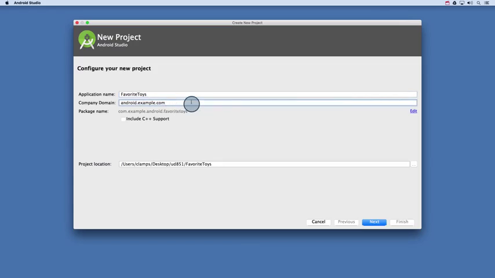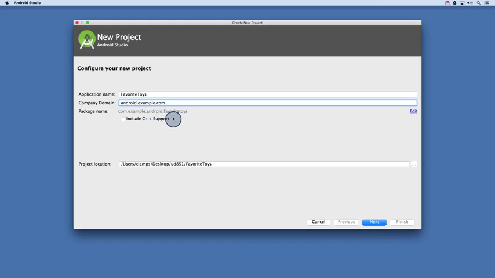Next, we provide a corresponding domain name, which generally should be the name of an internet domain that you own. As you can see in the wizard, Android uses the Java standard of using the elements of the domain in reverse order to construct the application package name. For distribution purposes on Google Play and elsewhere, this package name must be globally unique across all packages installed on